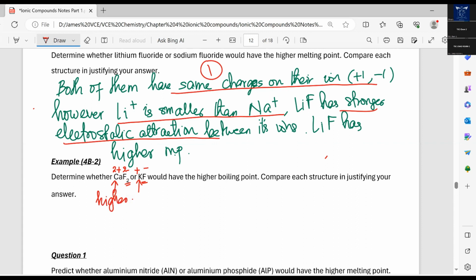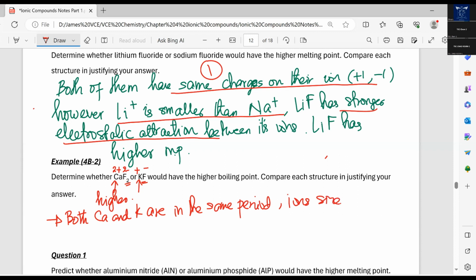So how do we answer? We can say that both Ca and K are in the same period. So their ionic size, or ion size, are similar. Okay, their ion sizes are similar. So you need to mention that ion size is similar first. But